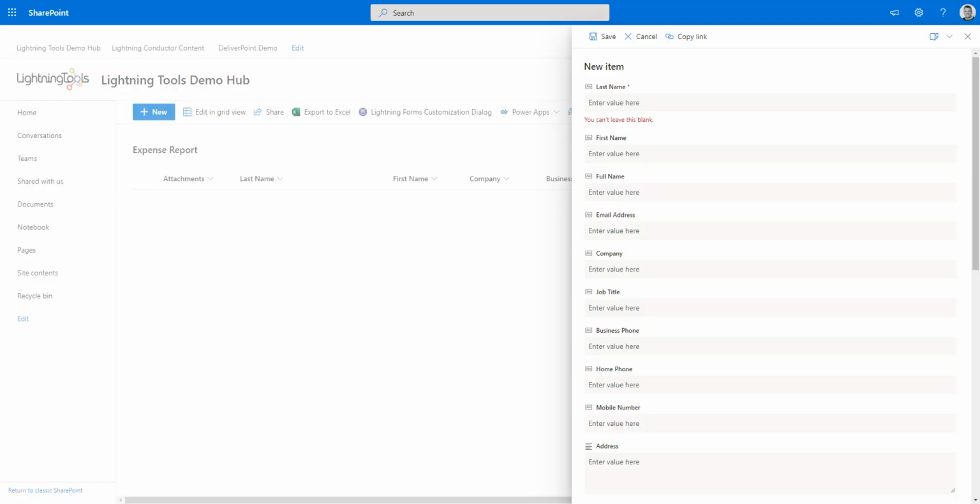Hi there, in this video we're going to take a look at Lightning Forms and how it can be used to transform your SharePoint list forms into business solutions. So one of the things we're going to do is take this expense report application and transform it using tabs, improved layout, styling, and also a sublist that's bringing in the expense items from a separate list into this main